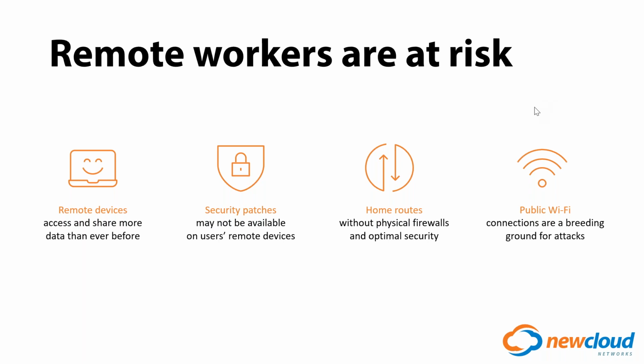What Sydney was just touching on is that now that everybody's pretty much focused on working from home, there's a lot of risk associated with all of that, just because we're sharing and accessing more data than ever, with remote devices being an integral part of this whole process. But there's a lot of involved risk that comes with that. For example,